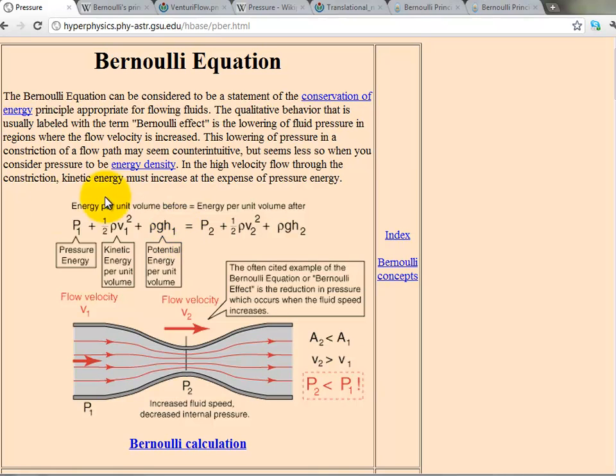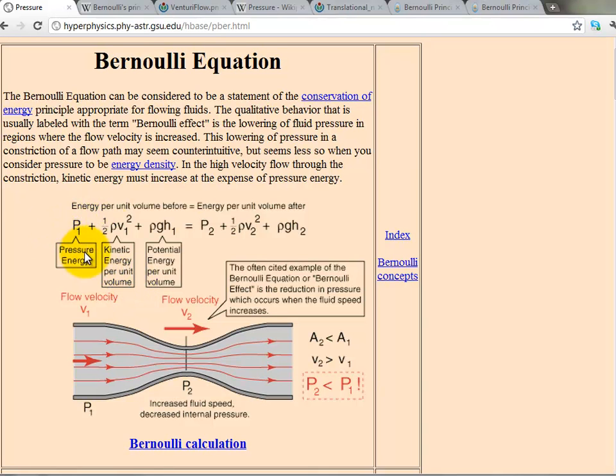This is constant, and the 1 here means that the total energy at this point 1 equals the total energy at any other point 2. So at this point 1, the energy is equal to the energy at this point 2,